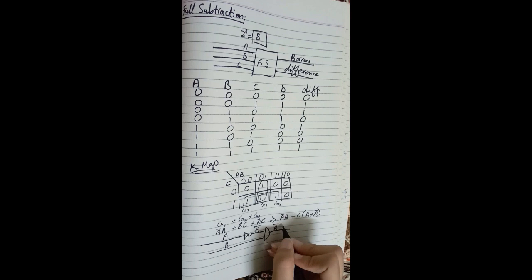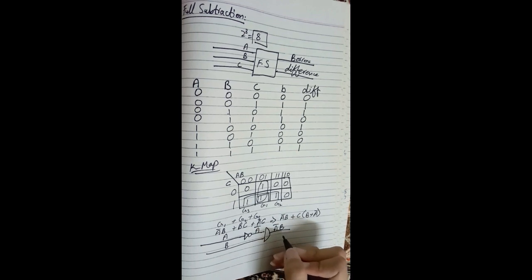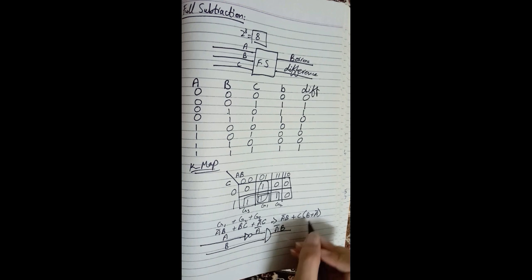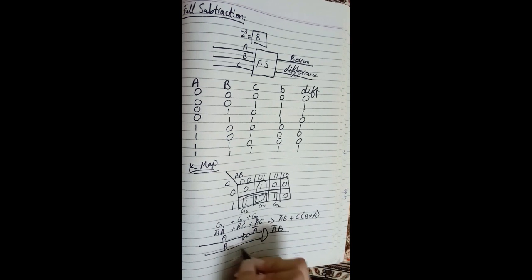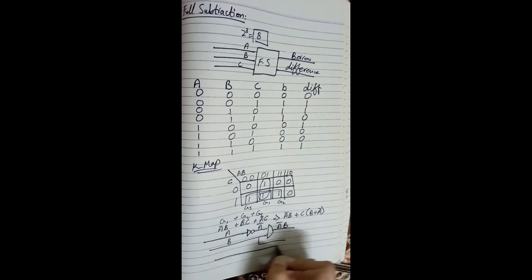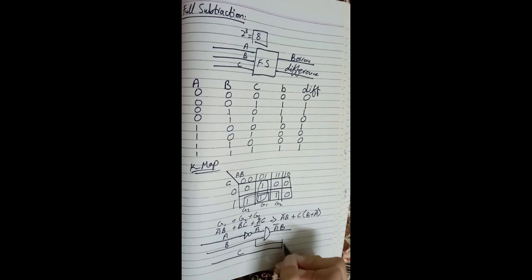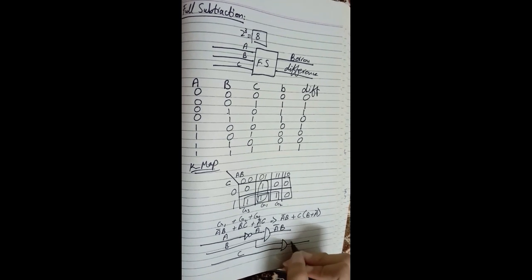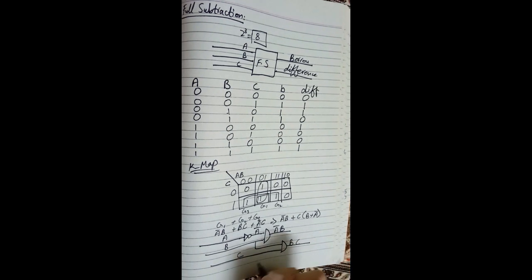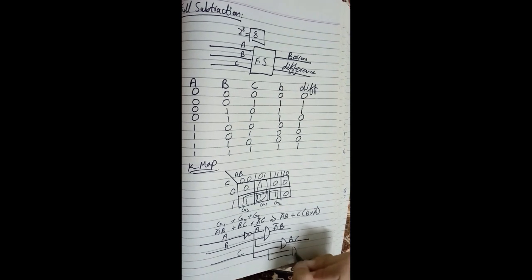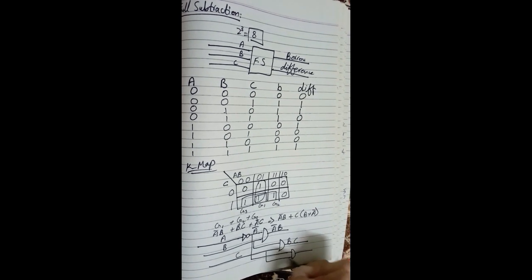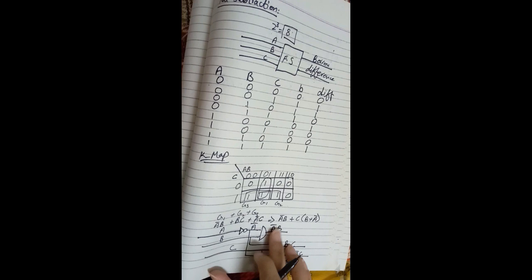So this is A bar B. And now we have BC. This is our B. We'll draw the C, the AND gate, and this is B and C. Then we have A bar with C connected by AND gate. A bar C. As we have connected all of them by the AND gate, but we can see that there's